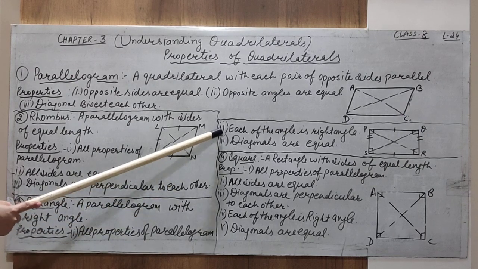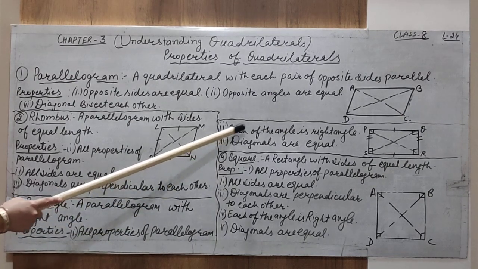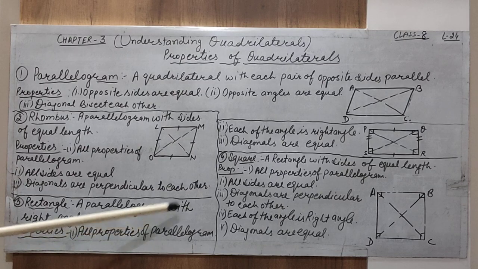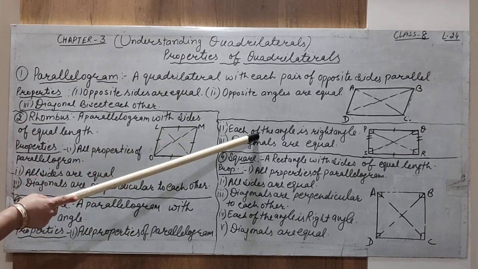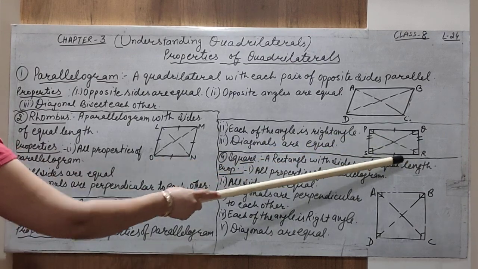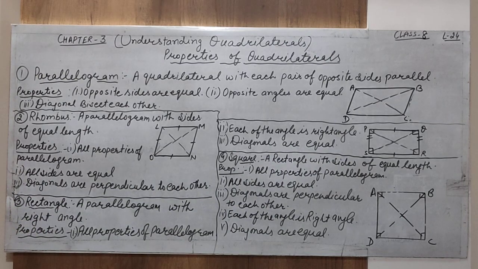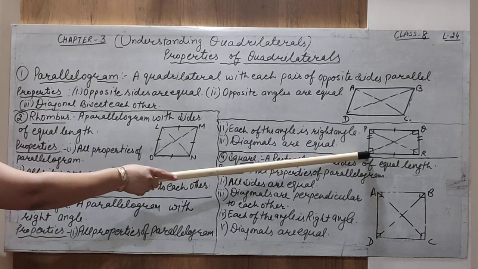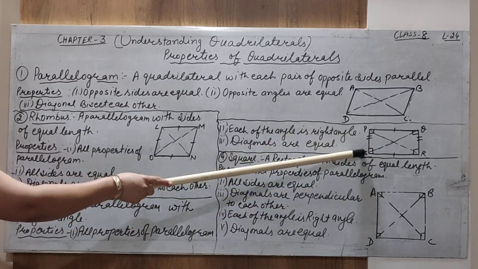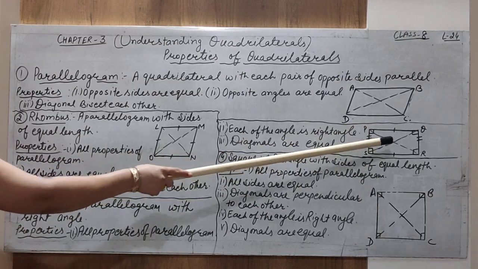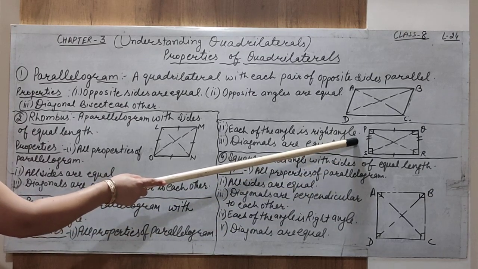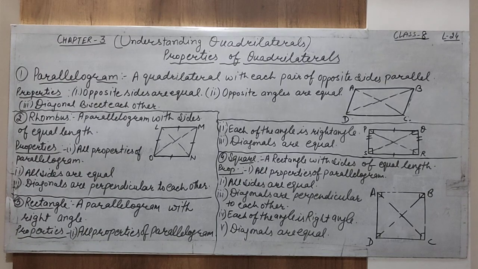After this, the next property of the rectangle is that each of the angles is a right angle. Now one more property is attached. The opposite sides, similarly to a parallelogram, are equal and parallel. As you can see in the diagram, PQRS is a rectangle in which side PQ is equal to side SR, that is, opposite sides are parallel and equal. Side PS is equal to QR. So these two sides are also parallel and equal. So this is a rectangle, and this is a parallelogram because the property of the sides is already done.